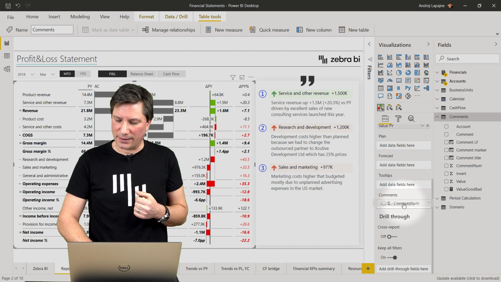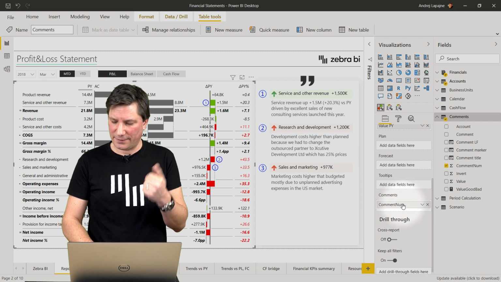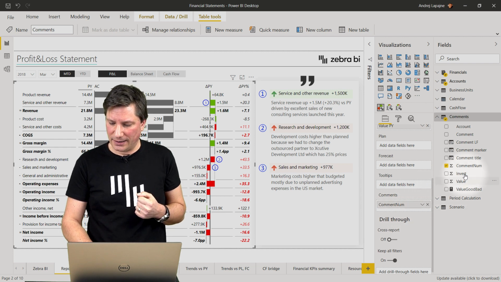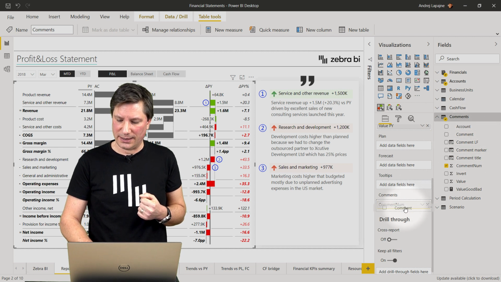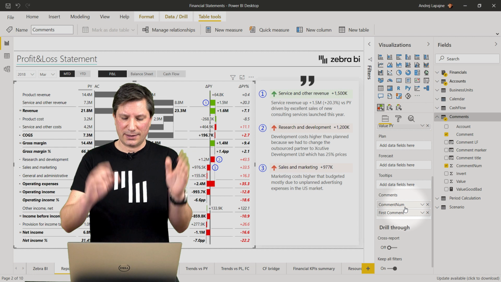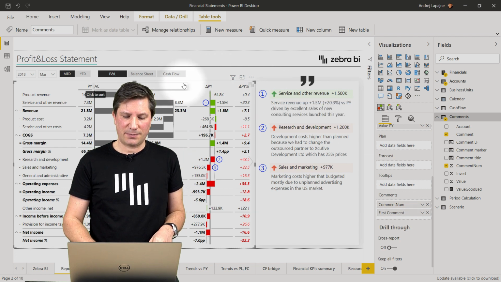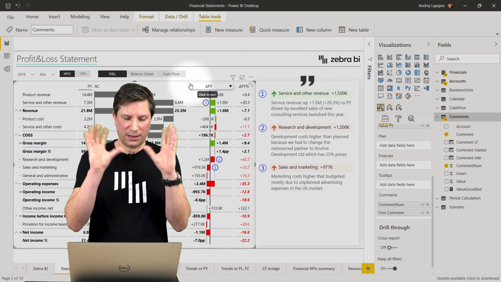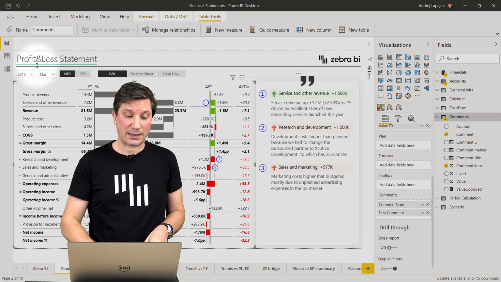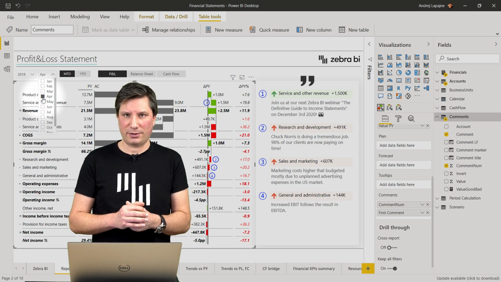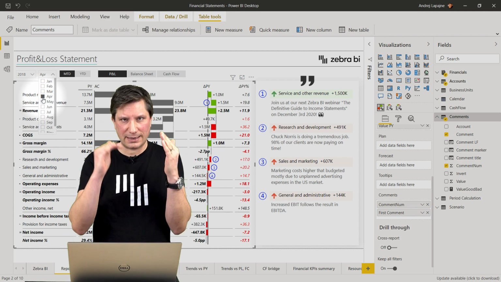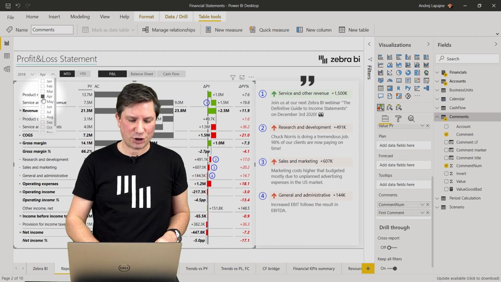So you can control the numbers by simply adding the comment number. So you first add the comment number. Okay, now you have the numbers, and then you also add the actual comment itself. Okay, so this is it. Now the Zebra BI tables visual, for example, shows my comments, and the comments are completely dynamic. Meaning, if I switch to another month, like April, now I have 4 comments on different data categories. Everything has changed.